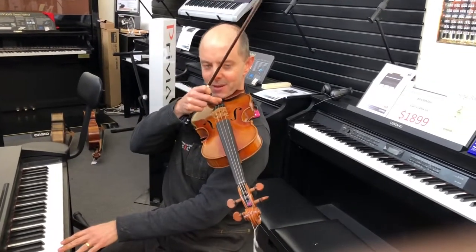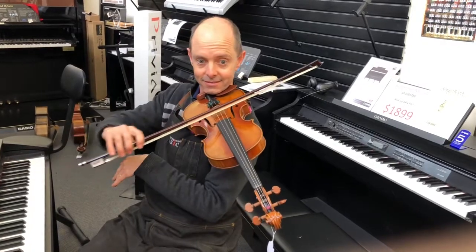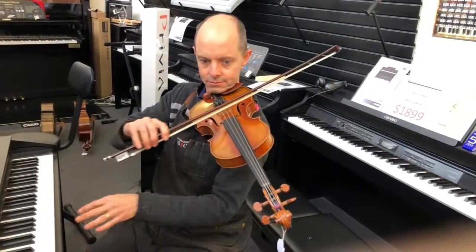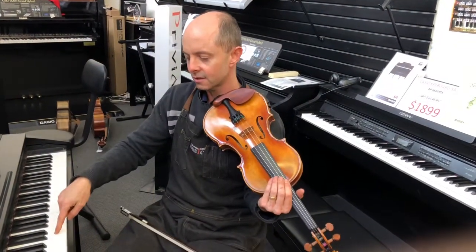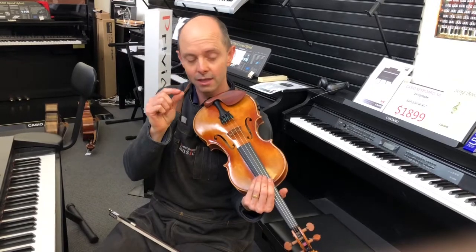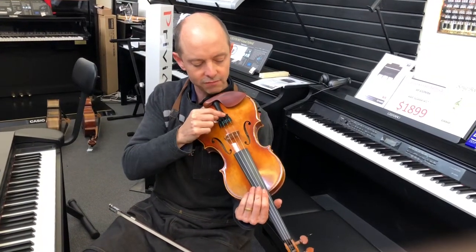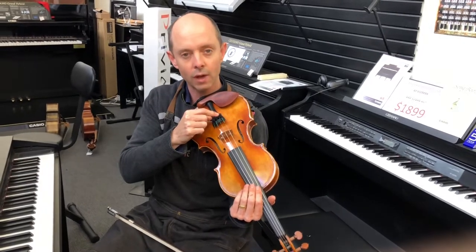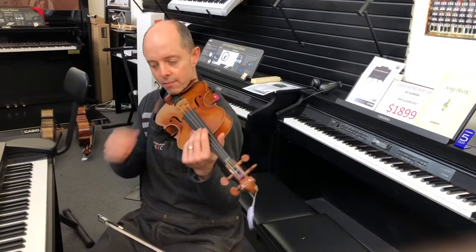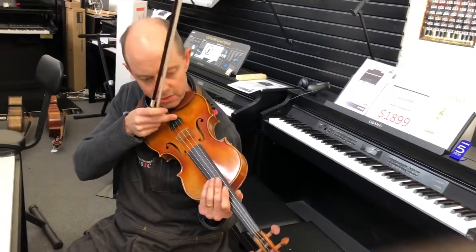Could you hear that being a bit higher than on the piano? So it's sort of like going da, da, just a little bit higher. And so because I want to make this violin D string note lower, I want to turn the fine tuner anti-clockwise. Now I can either do it how I did before, where I do a few turns